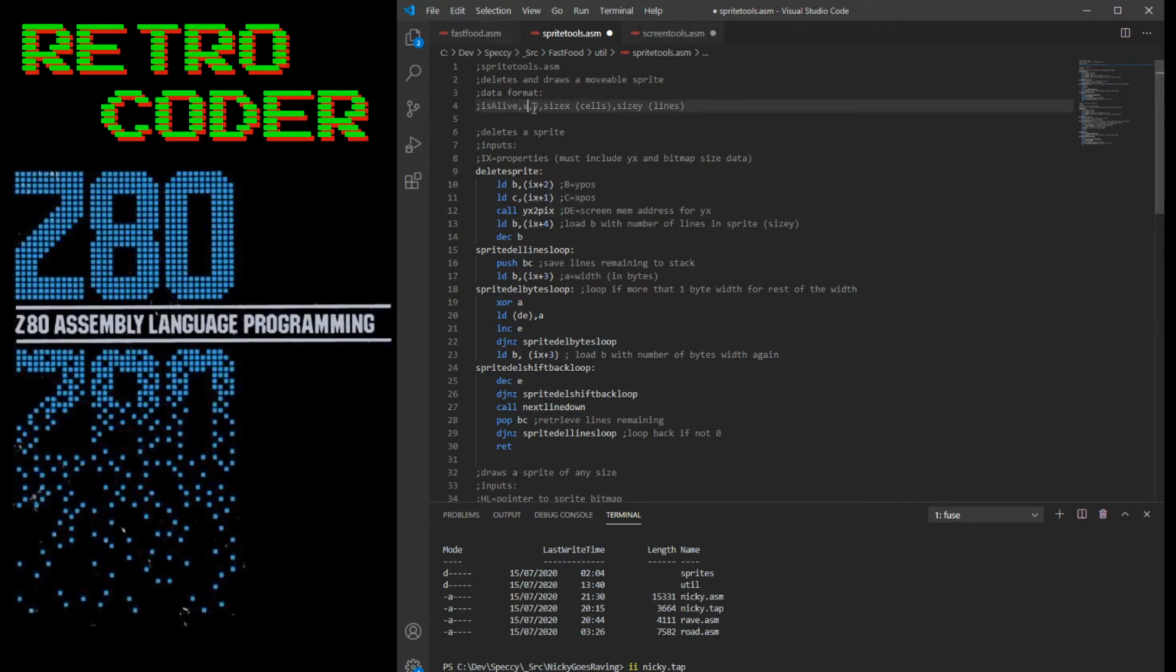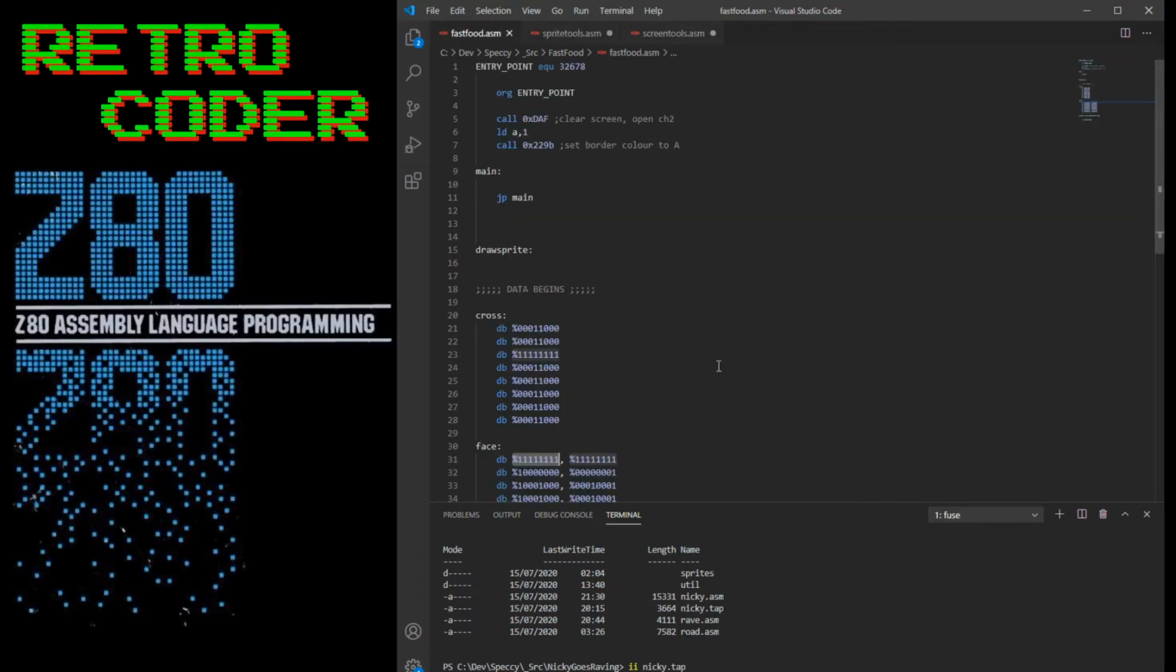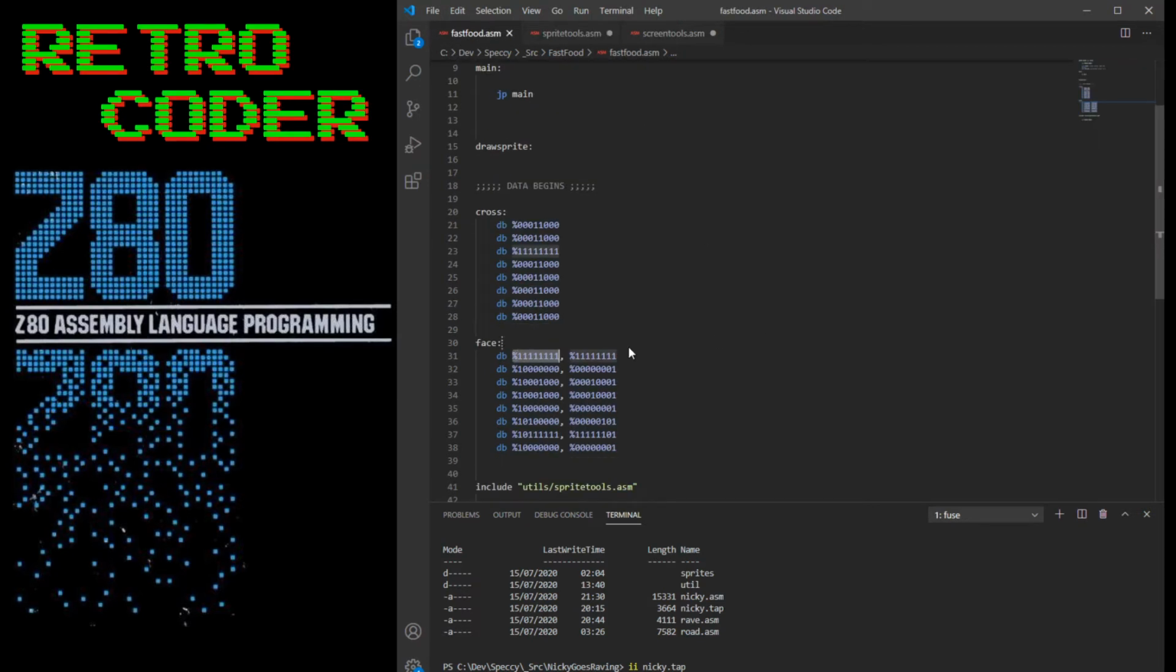Here's its X and Y position. They can be stored to whatever you want. Again, the size is important though, because that's how this routine knows what to draw where. This one, as I say, is 2 bytes width and 8 lines in height. It's 16 bits across, 16 by 8. So